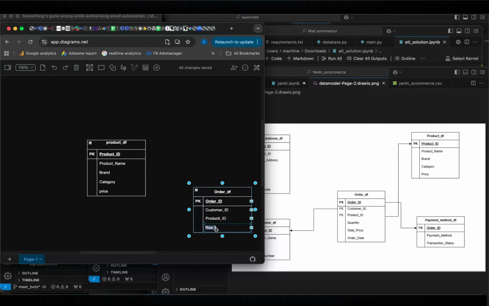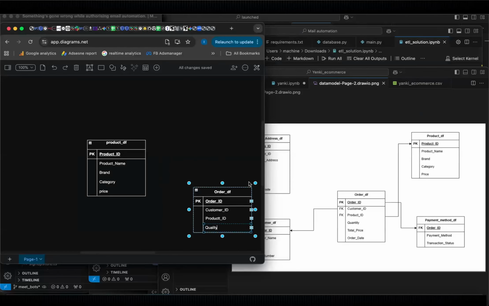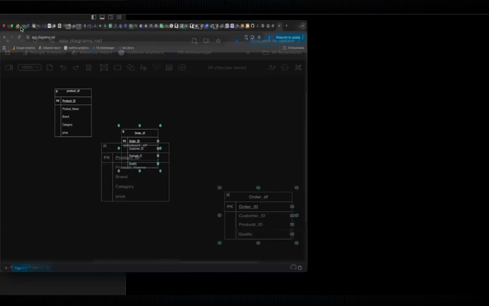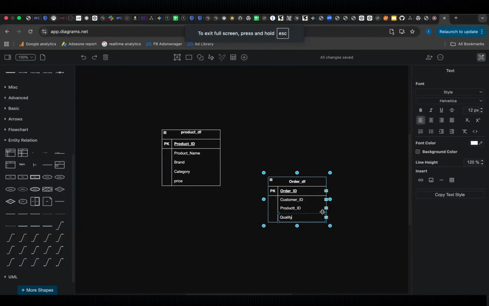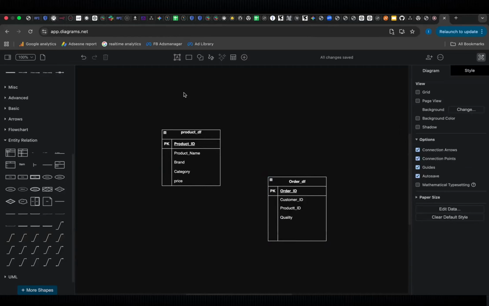We have quality here. So I want to add more. So how many rows? Let me check. How many rows am I? Two. So let me just add two more. So from arrangements, drop down to 1, 2. So that's it. So I go back to